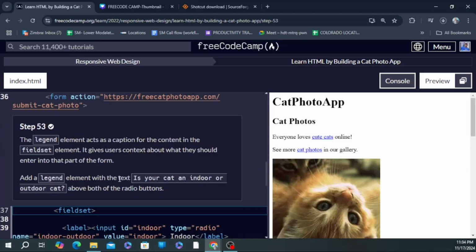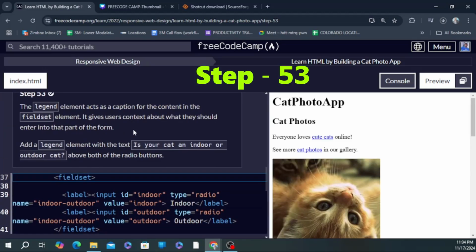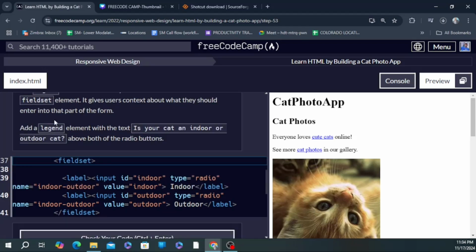Okay, step 53. The legend element acts as a caption for the content in the fieldset element. It gives users context about what they should enter into this part of the form. So add a legend element with the text, is your cat an indoor or outdoor cat, above